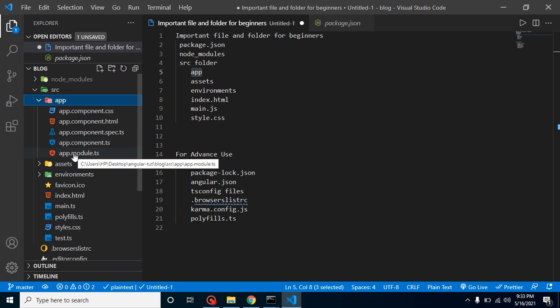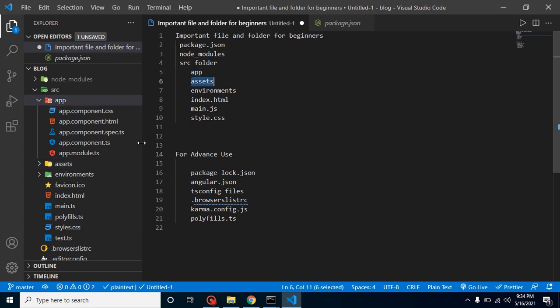And a module is basically a bigger functionality as compared to a component. In a single module we may have more than one component. So let's say you want to create a login page, at that time you will just create a component. But let's say you want to create login, sign up, change password, update password and forget password, so that will be a complete module. We will also create a separate video on the module, because this is a completely different topic and we have to learn it in detail.